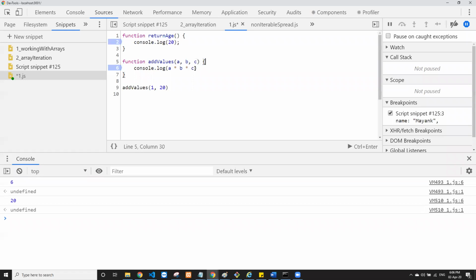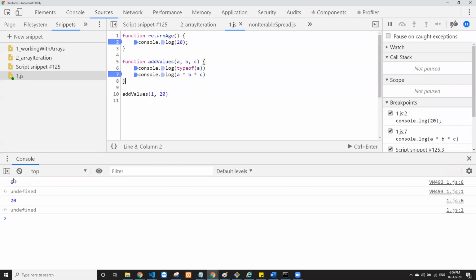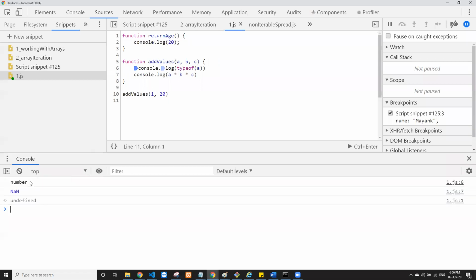I can try to visualize this using console.log, typeof value A. Let me run this program and you'll see the output over here in the bottom. Let's run this. The type of A is number.